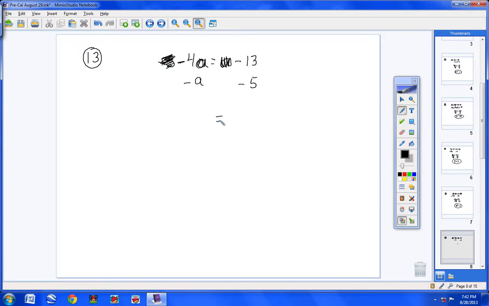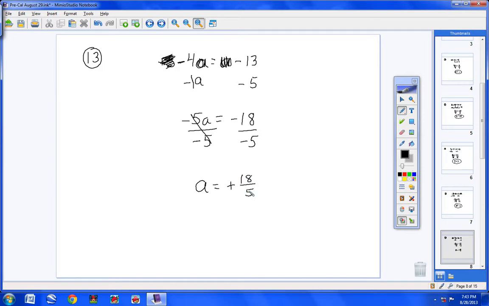Use a calculator if you need to. A negative 13 and a negative 5 is a negative 18. And a negative 4, and don't forget what's in front of the a, it's a negative 1. So a negative 4 and a negative 1 is a negative 5a. And now we're going to divide both sides by negative 5. You can use a calculator if you'd like to, that's fine. I'm going to reduce. A negative divided by a negative is a positive,